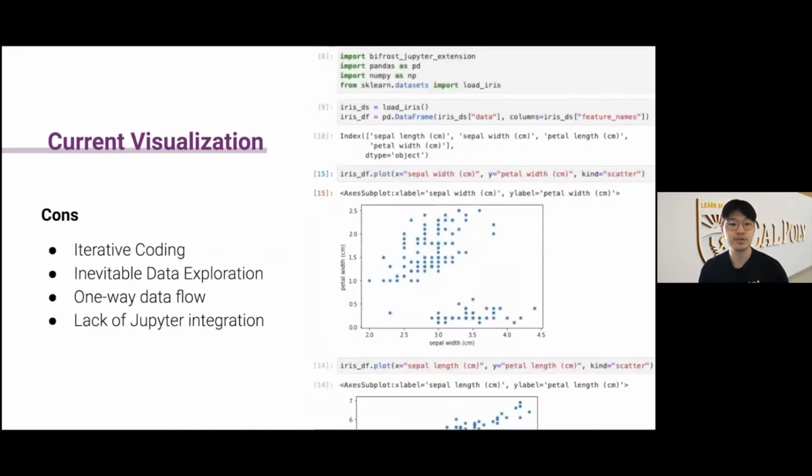However, even though they serve as a great standard to describe the data, they have a few limitations. First, they require iterative coding. In other words, we need to write Python code and run a cell every time we create a new graph, or even make a simple change in encoding a mark. Second, to create a graph, it is inevitable to explore data first, since you need to specify columns for each axis and mark type. You might think this could not be that big of a deal with a small data set, but with a large data set, it could slow down the process of data exploration and quickly extracting key